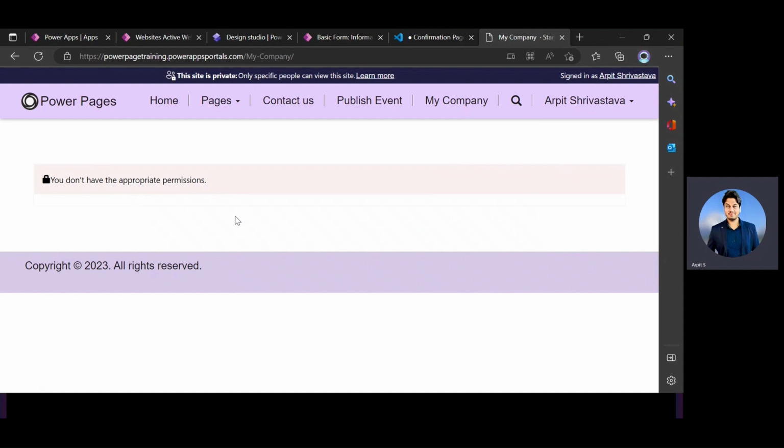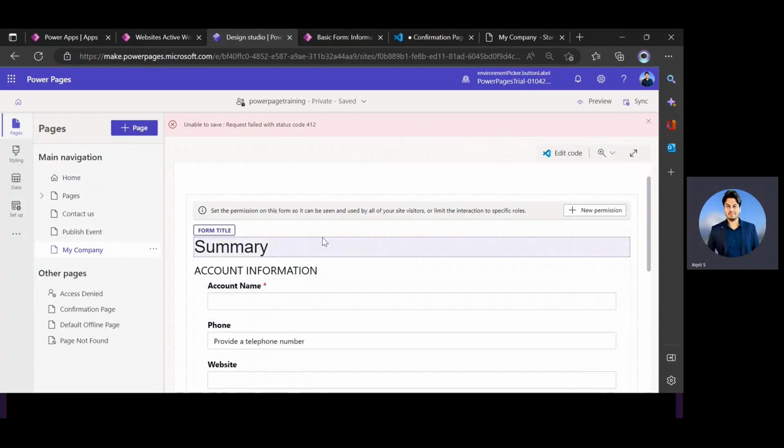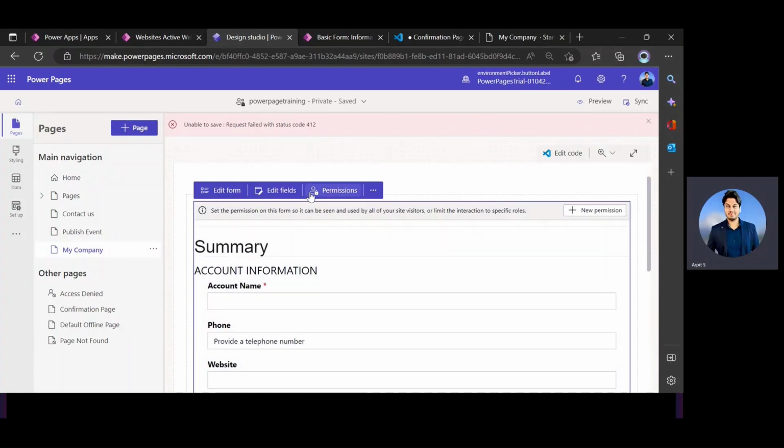So it's a good thing that if you accidentally forget to enable the permission, the portal reminds you to go and enable it. Then only you can view that information, no matter whether you are the administrator or an authenticated user. If you enable the permission, then only you have the rights to view that data, right? So go to the Design Studio again, and this was my form, and click here on the permission, because earlier